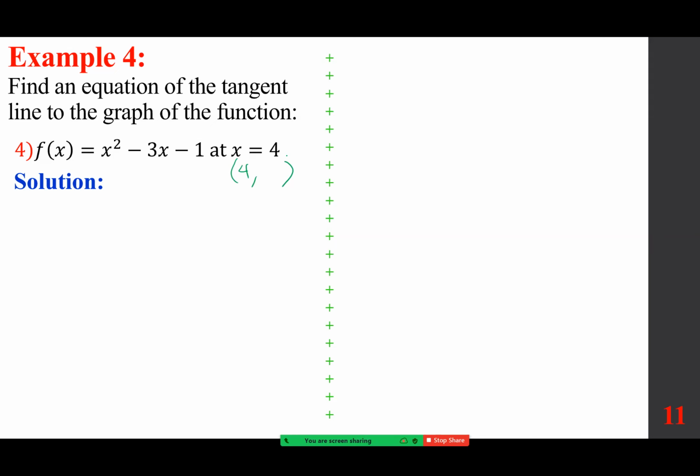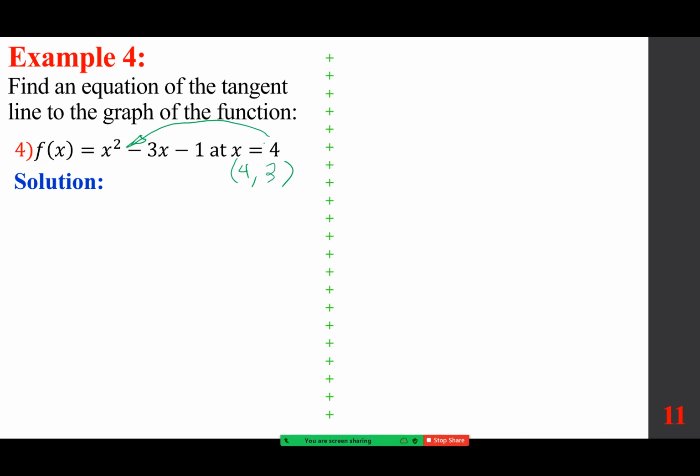If x is 4, what is y? Anyone? How would you find the y coordinate for this case? Plug in 4. Beautiful. When you plug in 4, you get 4 squared, which is 16, minus 3 times 4, which is 12. That gives you 4, minus 1,